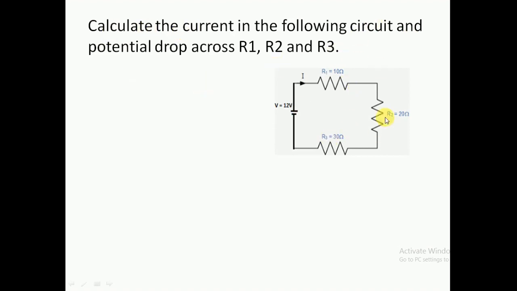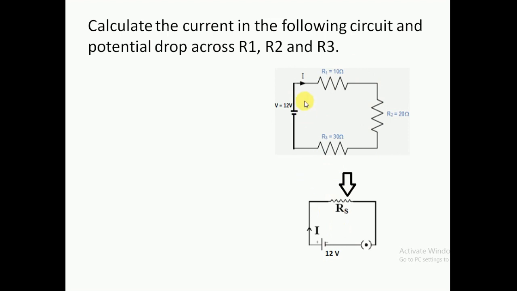This is the same question that we have seen in the beginning. We have a series combination of 10 ohm, 20 ohm and 30 ohm, and the potential difference is 12 volt. We have to find the current flowing through the circuit, and the potential drop across R1, R2 and R3. That means we have to find V1, V2 and V3. To solve this, I'll solve the circuit first. Instead of R1, R2, R3 which are in series along one path, I'll just replace R1, R2, R3 by RS.